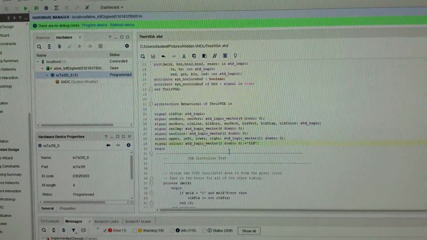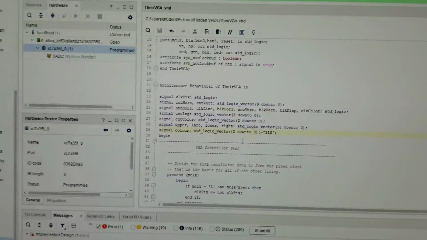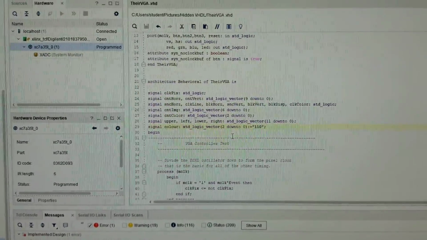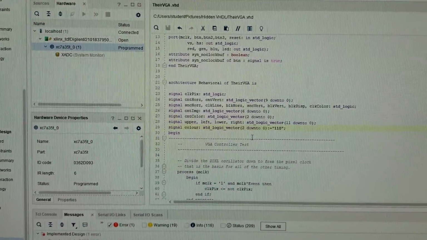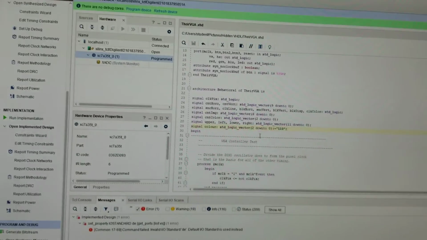So this is my VHDL for our VGA controller homework. It was provided on Blackboard, but we were to make some edits to it to have it do 3 of several different functions and displayed on our monitor. So to begin with, the original code just had a yellow block in a certain position on the screen, and